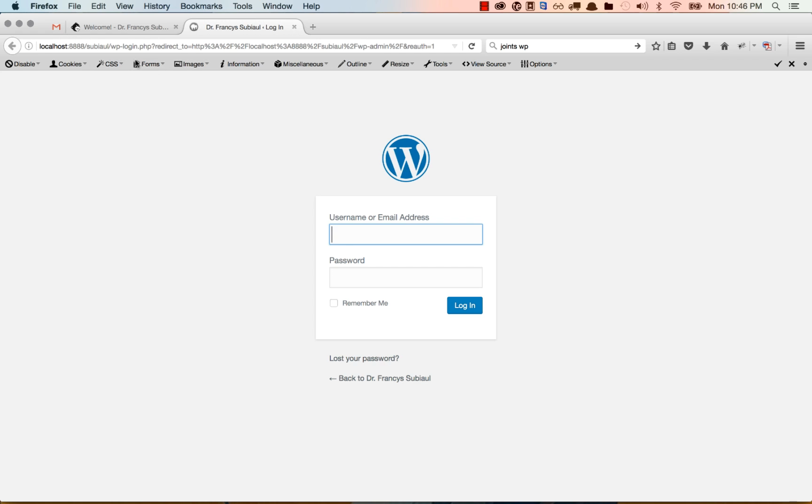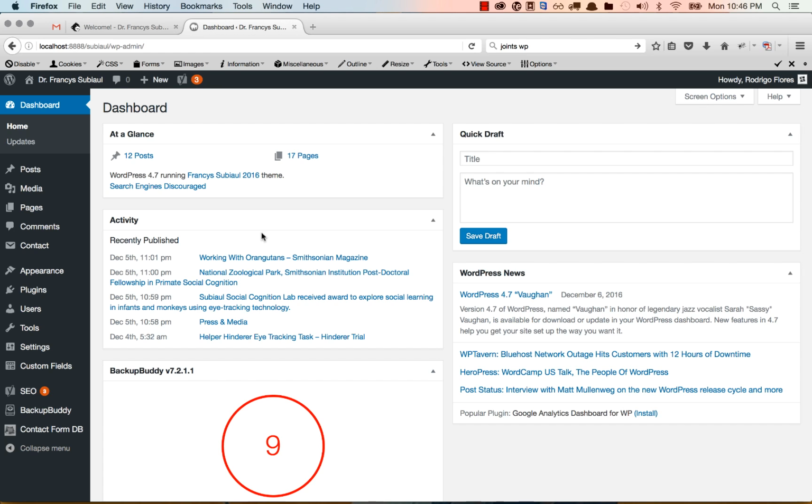As you can see, this is my local version, so none of the changes that I do during this video will reflect on the preview of the website. But basically, I can log in using my username and password. Once I'm in, this is the dashboard for WordPress. And the two things that you want to keep in mind is that the content is organized into pages and